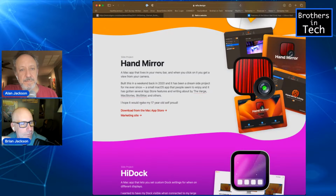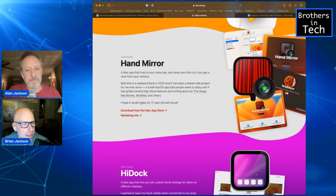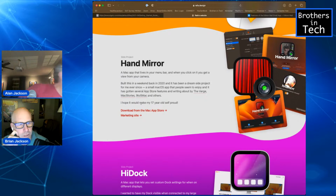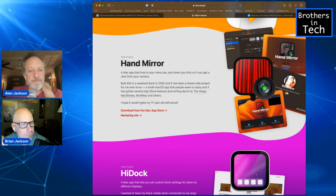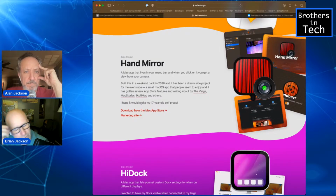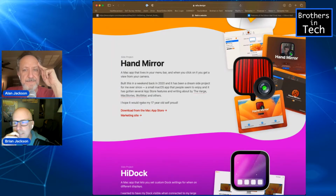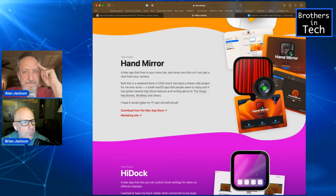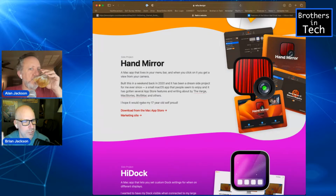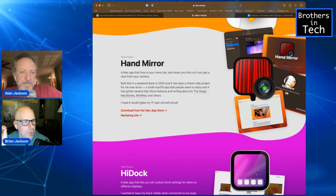I also realize now, after downloading it again and getting the updated version, that this one actually has a paid version. Not that you need to pay for it, Alan, but they have created a paid version for a couple of new features, one of which I think is incredibly slick. So, Alan, your MacBook Pro has the little notch at the top of the screen, correct? Yep. So if you upgrade Hand Mirror, I think it's $4 to get the premium version, one of the features is that the notch becomes your Hand Mirror